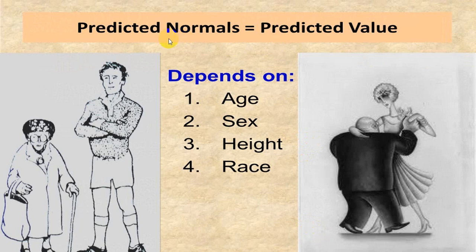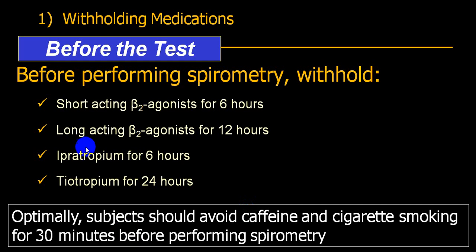The values will change depending upon the age, sex, height and race also. This should be taken into account when you are comparing with a standard. It will change with the age, it will change with the height, it will change with obesity, that is BMI, and it will change with the sex also. There will be a difference between male and female. A taller person will have slightly different normal standards. All those should be taken into account.